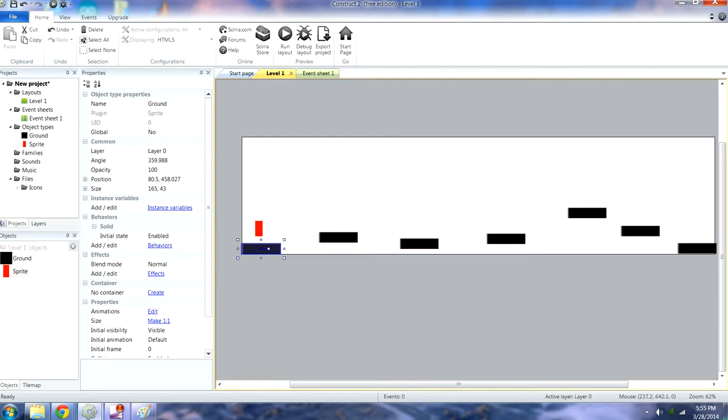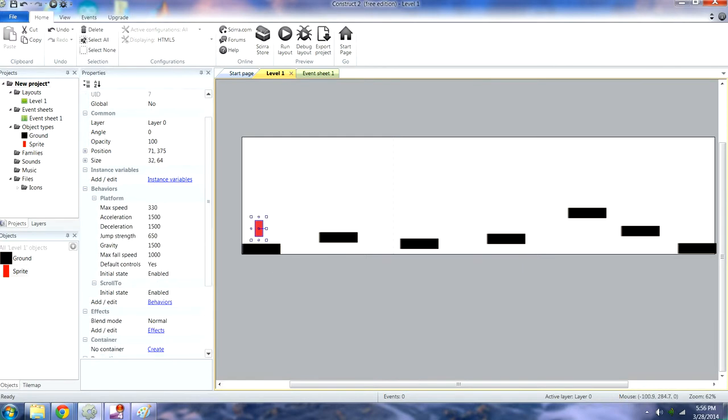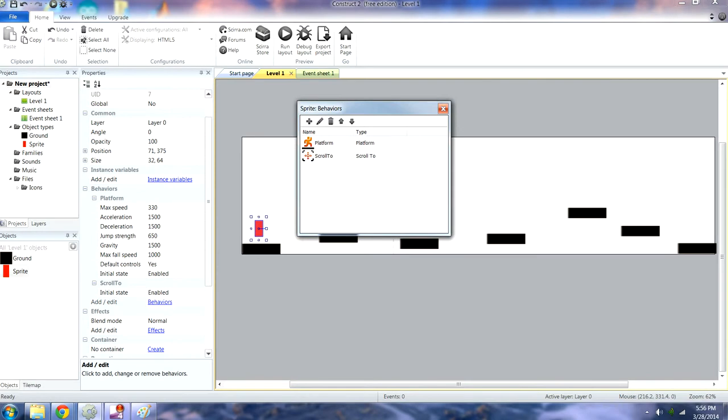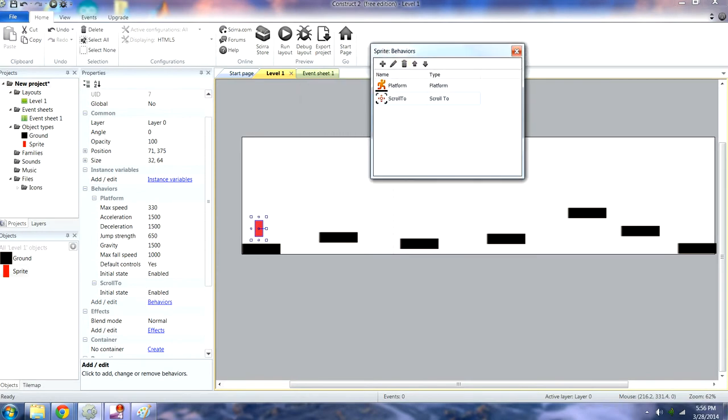So the next thing we want to do is, let's see. Your character has these behaviors that we've assigned. We assigned him the platform behavior. I'll pull this up again. So he has 2 behaviors, platform and Scroll To. Under the behavior section, you can see the different properties. He has max speed, acceleration, jump strength. You can go in and change these